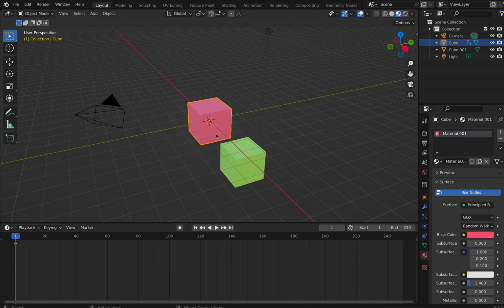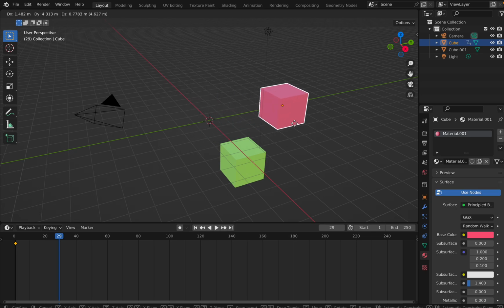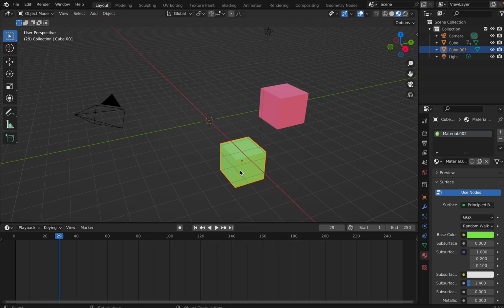So I'll say location. Now I want it to move at a timeline of 29. At 29 where I want it to be is here. And I will say I, location, right? Now let me come to this, right? So this one will move to